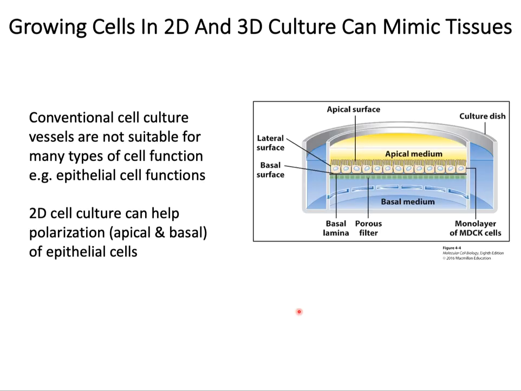Some cells, like epithelial cells, say for example, that are found in the intestinal lining or lining of the kidney tubules, have a polar nature. What we mean by the polar nature is that these cells have an apical surface or top. This top or apical surface faces the hollow or lumen of the tube, being either your gut or, say, the kidney tubule. This apical surface of the cells is free from any obstruction and can sense all the material that is passing through the lumen of the tube, bumping and rolling randomly on the apical surface